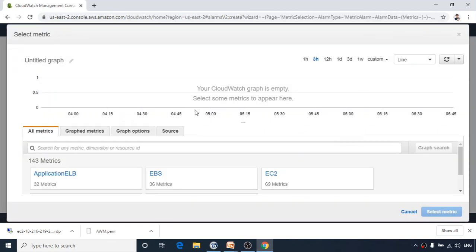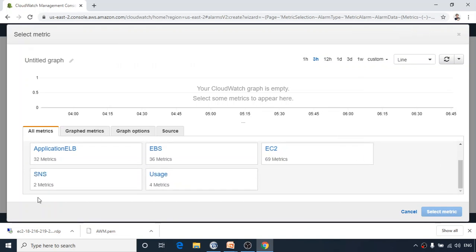Now we have so many metrics. Do you want to set this alarm on the basis of application ELB, which we call ALB as a shortcut, or on the basis of EBS, elastic block storage, or on the basis of EC2, or on the basis of SNS, or on the basis of usage?